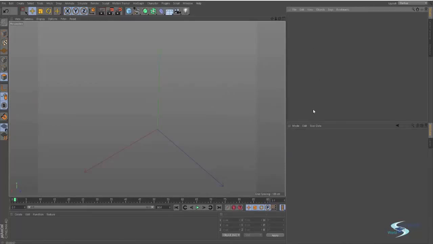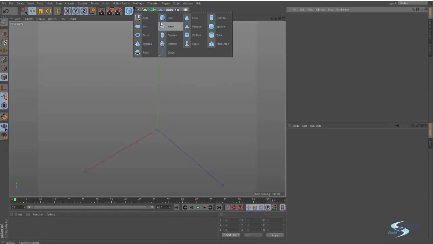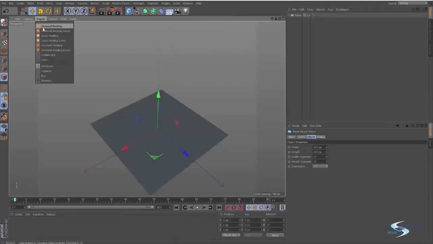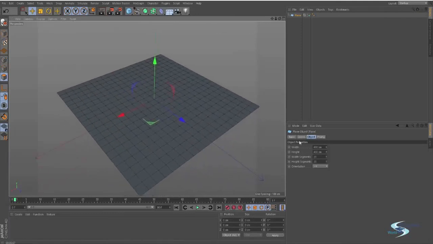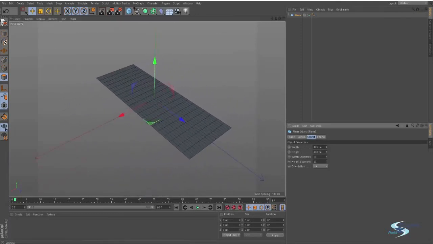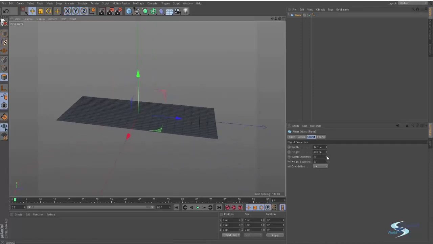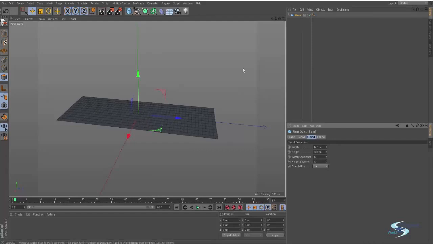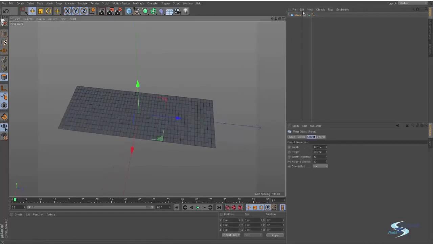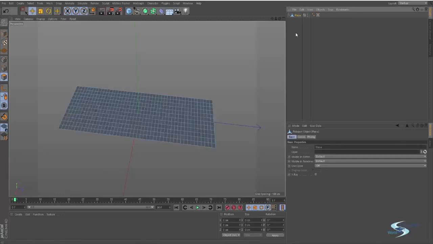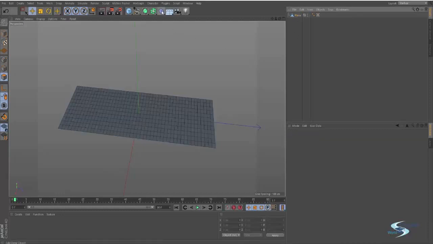So yeah, we can start off with, let's just take a plane, and make it a little bit thinner. Add some more segments to this side, the long side, and there we go. This should be good. We will press C to make it into an editable object, and then we want to use some of these